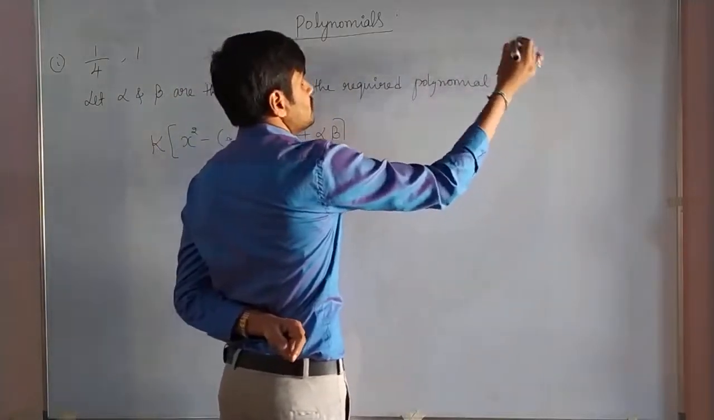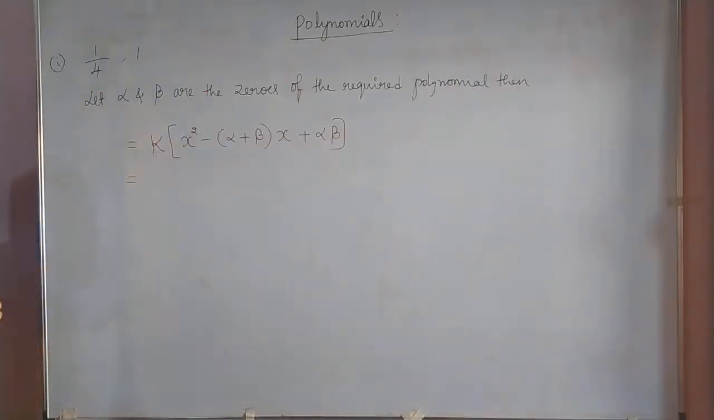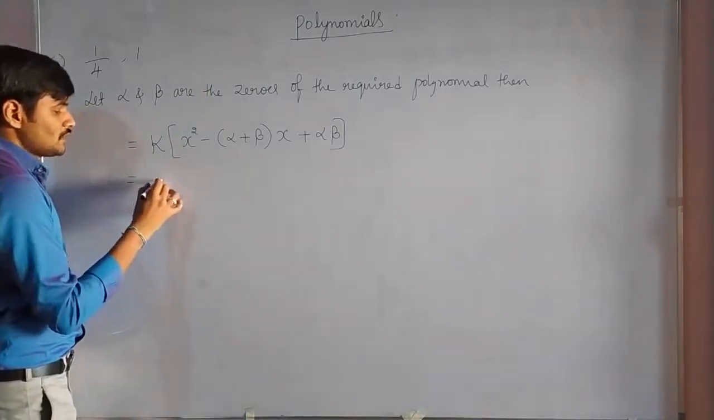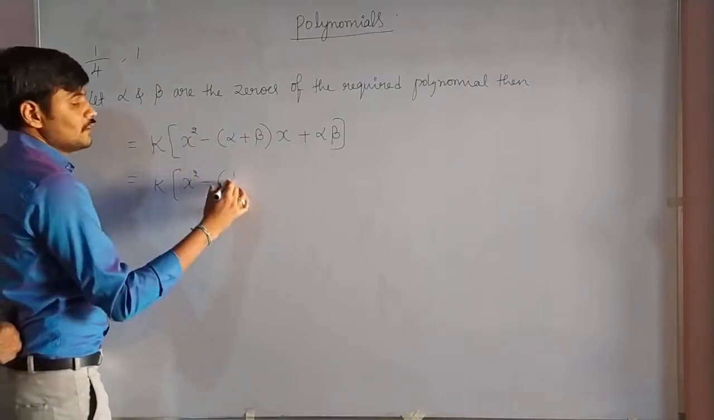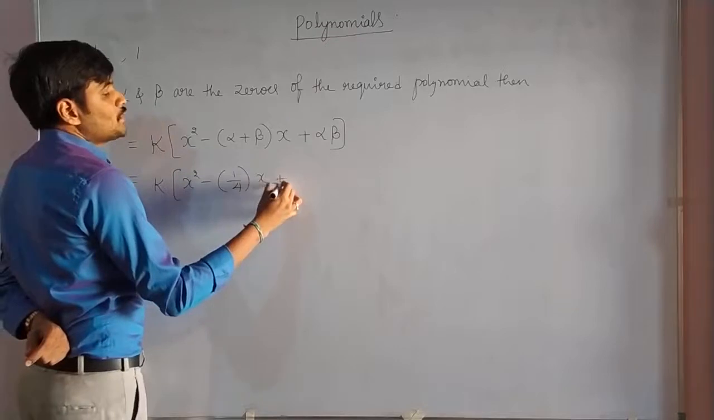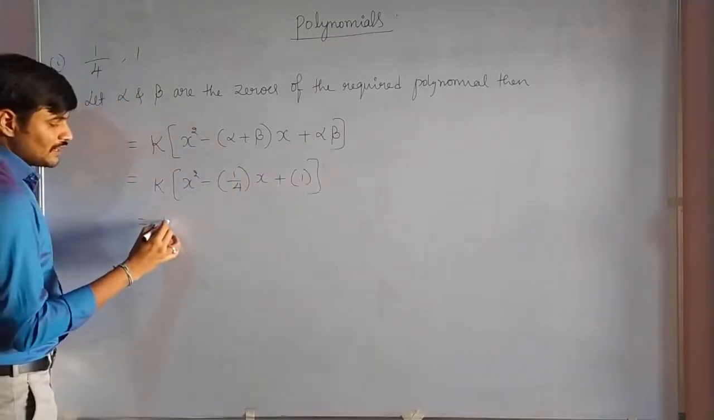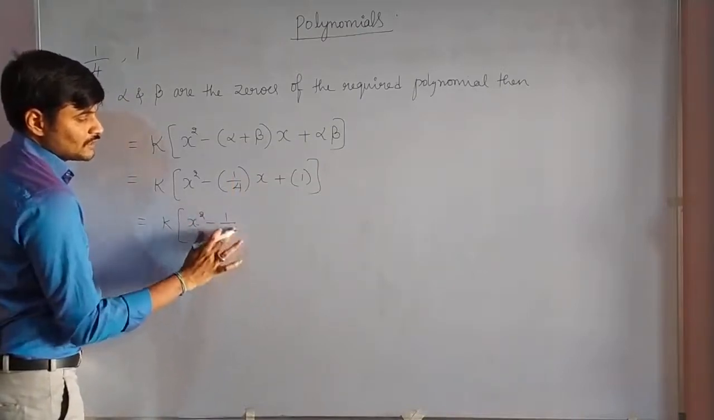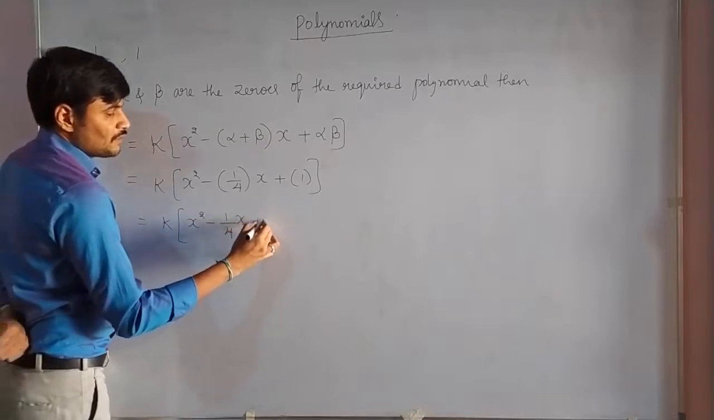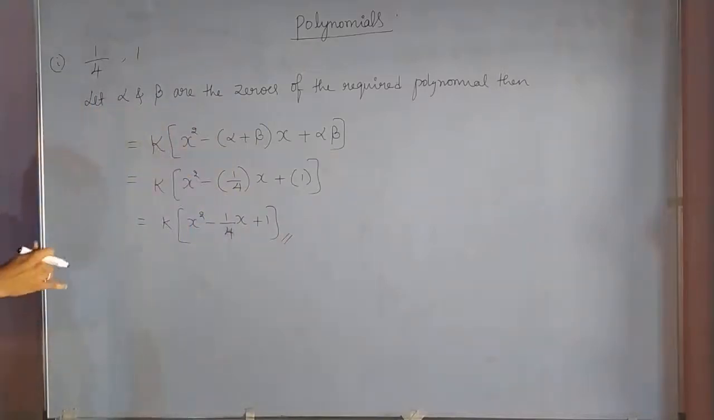then the general form is k into x square minus of alpha plus beta into x plus alpha beta. Now the value of alpha plus beta is given, 1 by 4, and the alpha beta value is also given, that is 1. Now k into x square minus 1 by 4 of x plus 1. So here you can stop. This is also a correct answer. Even if you want to continue,